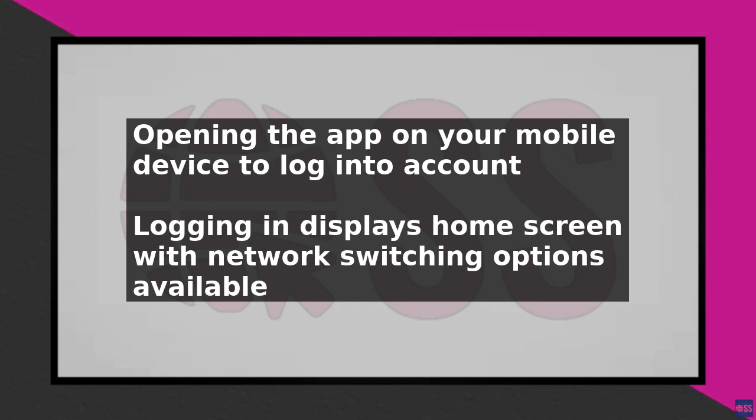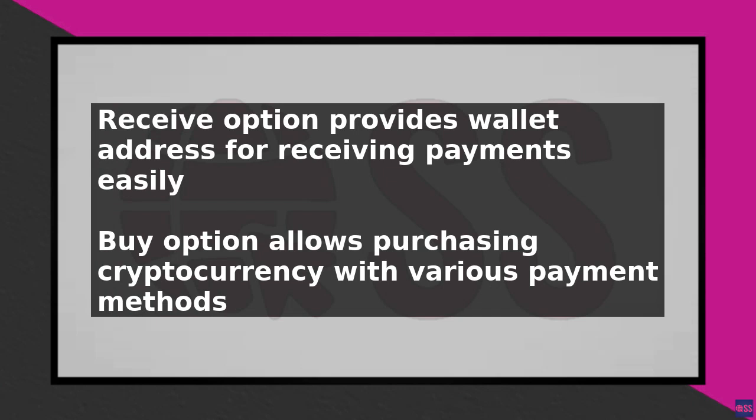On the home screen, you will see 4 main options: receive, buy, send, and swap. The receive option provides you with your wallet address, which you can use to receive payments. The buy option allows you to purchase cryptocurrency, with options to pay using PayPal, instant bank transfer, or debit, credit card. Although the options may vary depending on the type of cryptocurrency you are buying, there is a minimum purchase